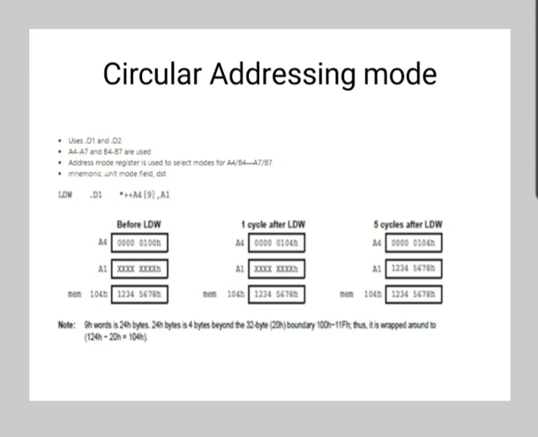The circular buffer size in AMR is not scaled. For example, a block size of 8 is 8 bytes, not 8 times the data size, that is byte, half word or word. So to perform circular addressing on an array of 8 words, a size of 32 should be specified, or N is equal to 4. The LDW is performed with the register A4 in circular mode and BK0 is 4. So the buffer size is 32 bytes, 16 half words or 8 words. The value in the AMR here is 004001H.